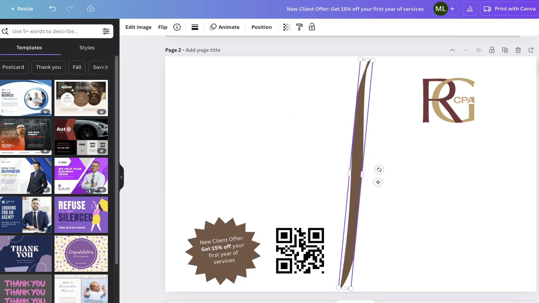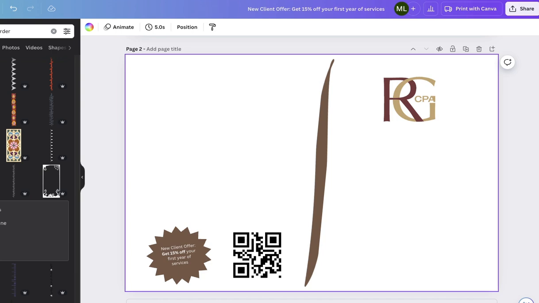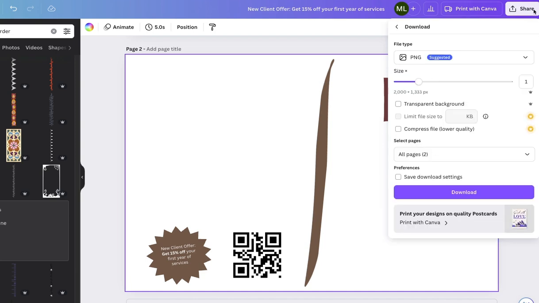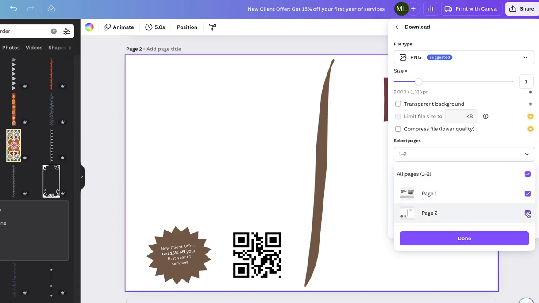Take a look at what I have here for text. One sec. All right, this works. We are going to download it. And so just simply come over to share, click on download. I'm going to separate these out into 2 different pages, so I have 2 different files to bring into the system. A PNG is totally fine, so we're going to do page 1. I'm going to go ahead and hit download,